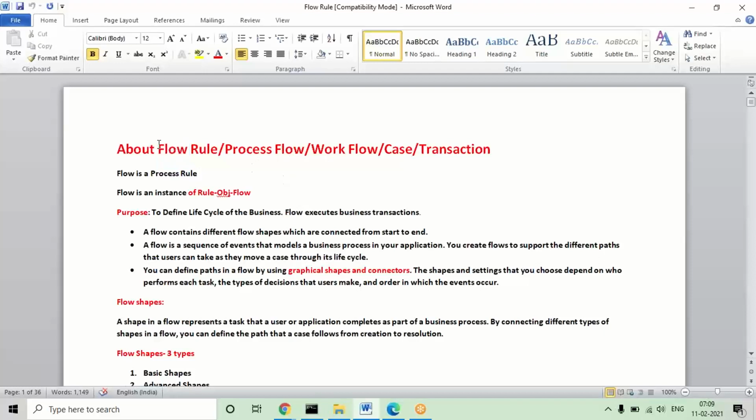When you open a rule, the main rule name will be there, like a flow rule. This is also added from the process category. If you open any rule, we need to open it from some category. So flow action will open from the process category, and like that flow also will open from the process category.